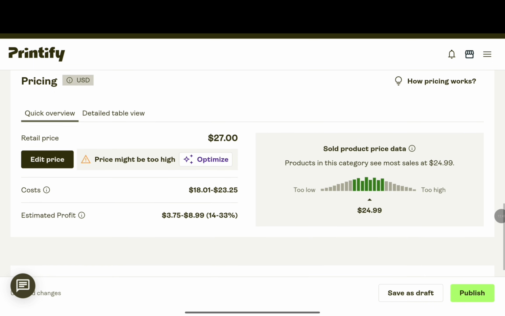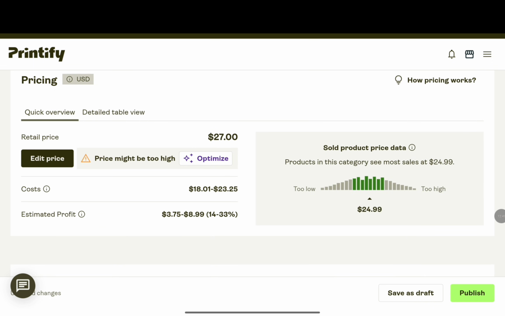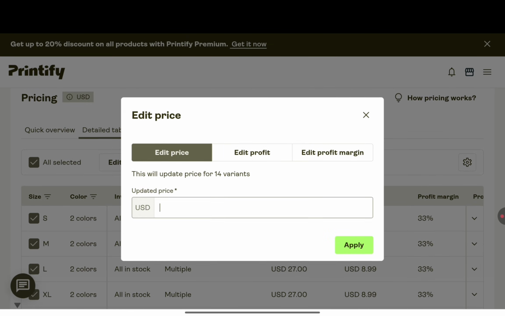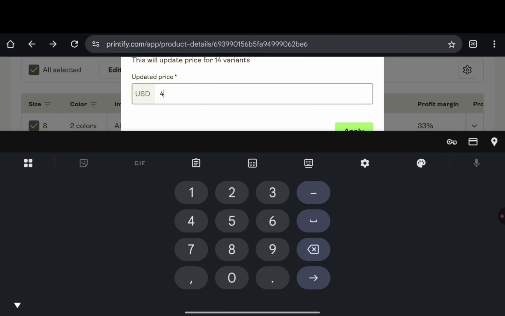So a quick overview, you can see that profit has reduced to $3.75 to $8.99 per cloth. Now, to some people, this is actually a good deal, right? Some people, it is not. Now, if you created something that is so nice or so impressive, you can actually go as well and sell that for as high as up to, let's say, $45.